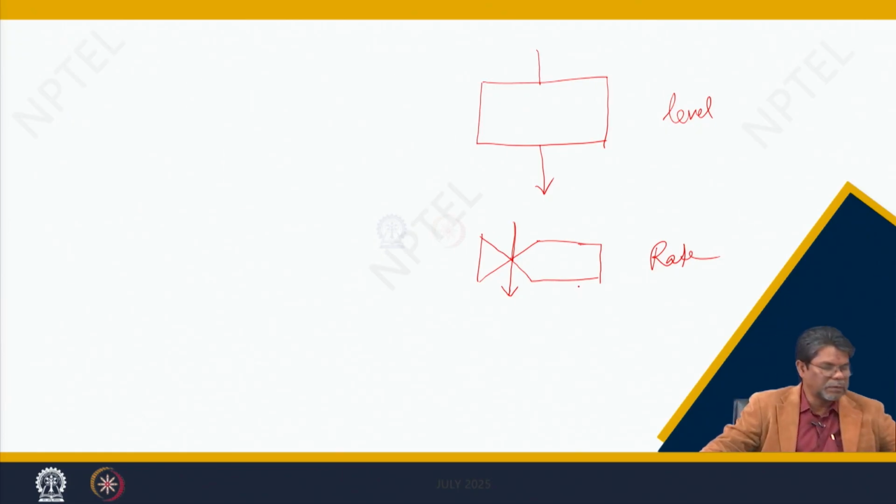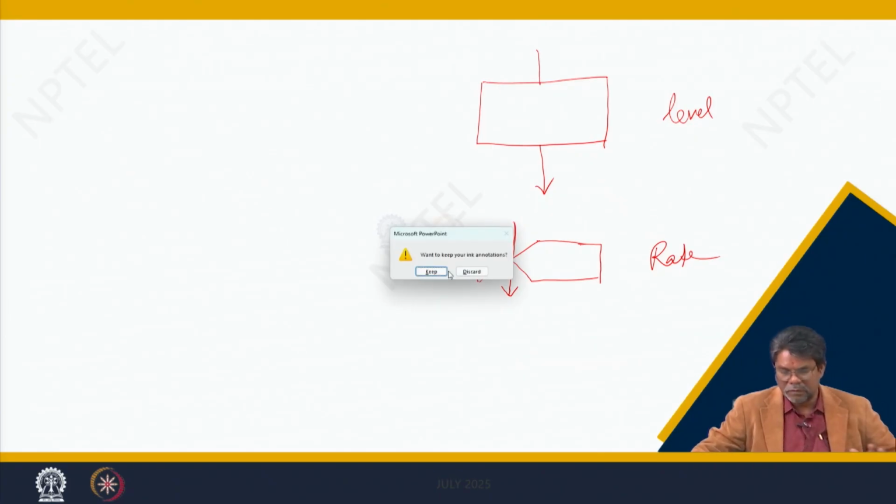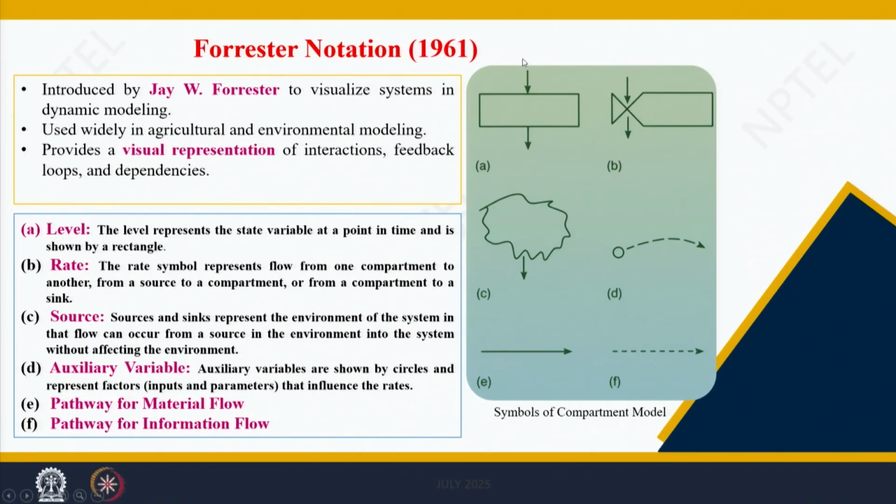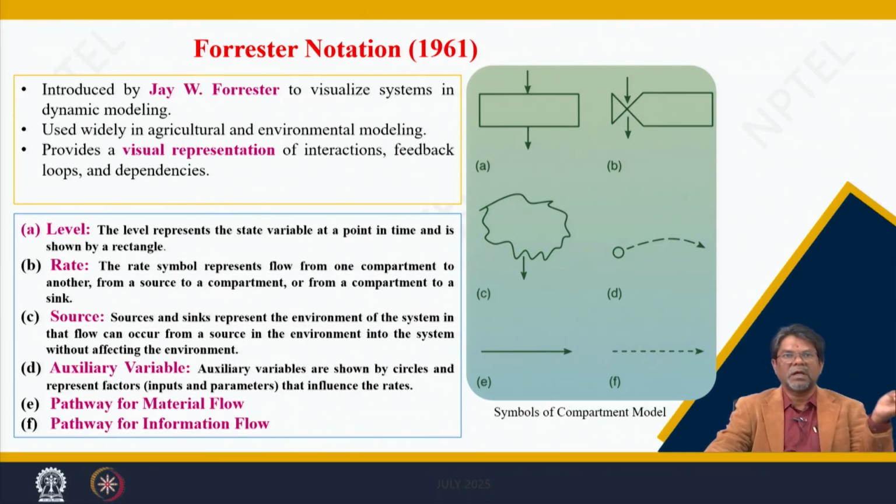These are the symbols that represent the model, which is explained here in detail. You can see these are the labels shown by rectangles, and it may be leaf area, leaf weight, stem weight, biomass, soil water contents. These are the state variables that change over time. Even the developmental stages also change over time. The crop is today at the tillering stage, it may come to the flowering stage, it may come to the grain filling stage. So, those variables are state variables, and they are also expressed quantitatively. Okay, we will discuss that one. So, that changes over time, and that is represented by this rectangle.